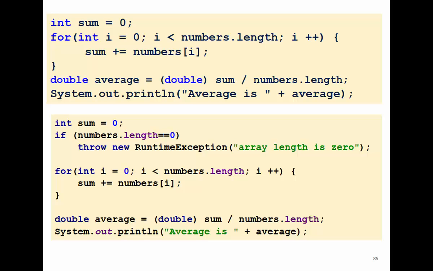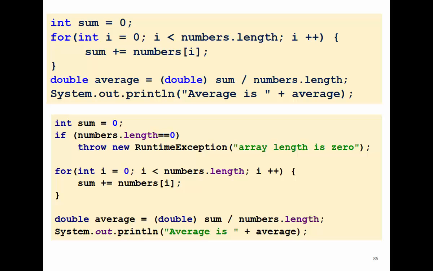Throw a new exception that this array has a 0 length, and you're trying to make an average of an array of length 0, which means you have null pointers and you're trying to calculate the average. Otherwise, if we are not throwing the exception, we're going to go back here and calculate the average. So it depends on the developer who is going to implement the method and make the implementation more robust.